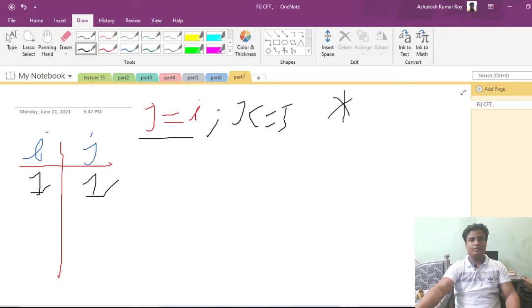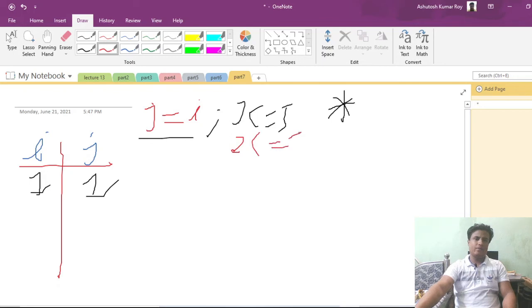And after that increment the value of j. Now j will become 2. So 2 is also less than 5. You're getting it. So for i equal to 1, j becomes 2, so it will print again and make j 3, 4 and 5, and so on. It will print 5 times, this one 5 times star, 5 stars.